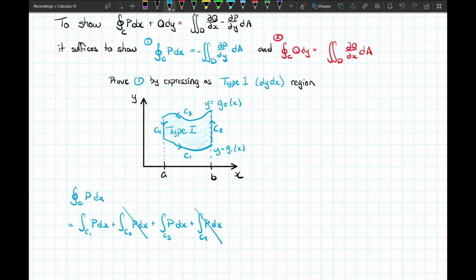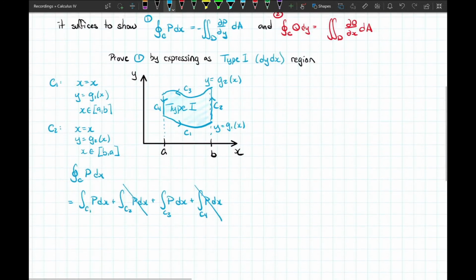Now, C1 and C3, those curves will still need to be parameterized if we wish to evaluate these line integrals. We can come up with a very convenient parameterization for C1 and C3 since they are functions of x. For C1, we'll just let x be our parameter. x is equal to x, and y is equal to g1 of x. And x would just simply go from a to b. Now, for C3, we can once again just let x be our parameter. y would equal g2 of x, and x would have to go from b backwards to a. Now, of course, that might look a little bit backwards, but at least that will tell us how we should